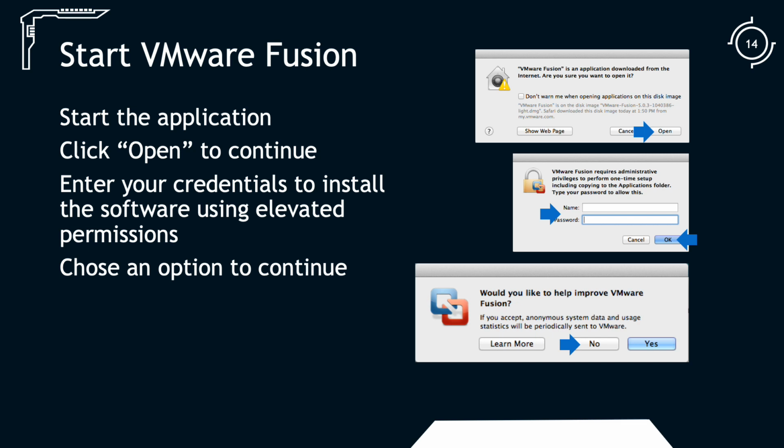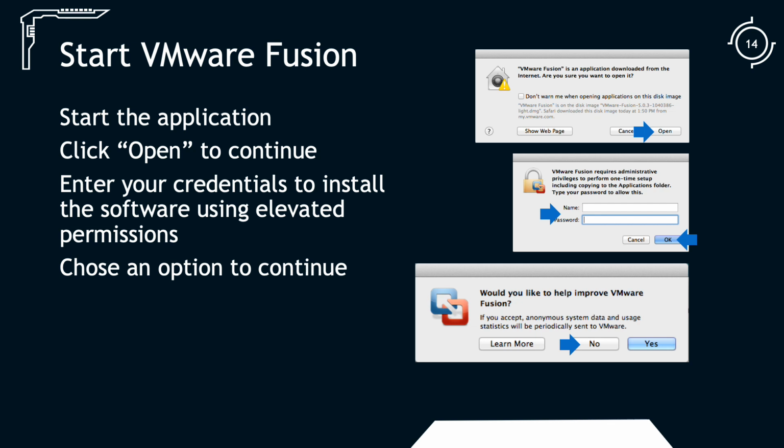We're then going to launch Fusion. You're going to probably get a prompt that says, hey, I downloaded this from the internet. Do you actually want to execute this? Click open. It's going to ask for some additional credentials here because we need additional permissions to install Fusion. And then it's going to ask, do we want to improve VMware Fusion?